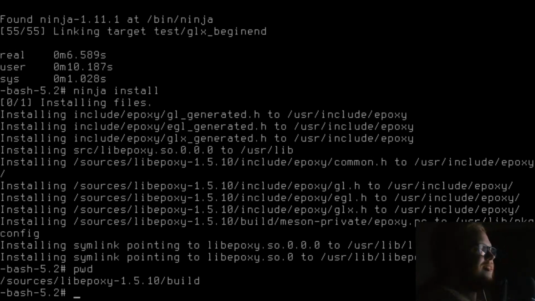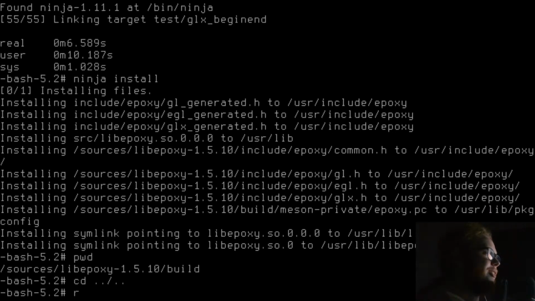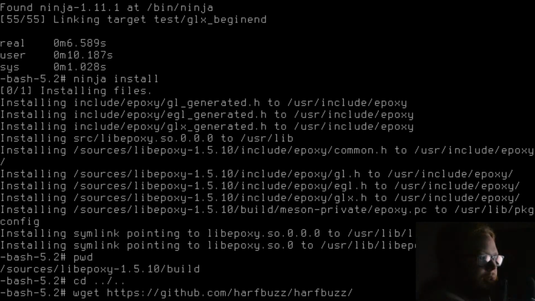Oh my god. Leave the directory. wget https://harfbuzz/download/8.1.1/harfbuzz-8.1.1.tar.xz.